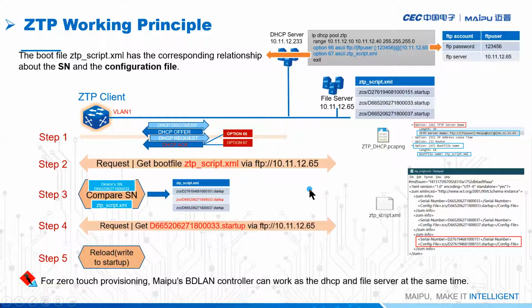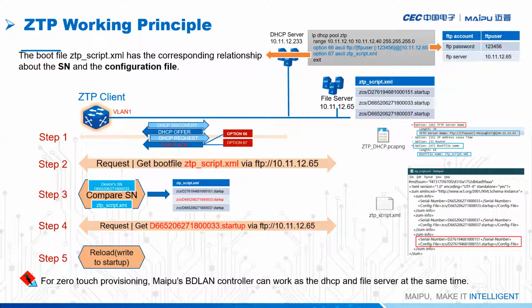Okay, and if the ZTP client wants to finish a complete ZTP process, it just needs 5 steps. Step 1: the ZTP client will use the interface VLAN 1 to run a complete DHCP process. After that, the interface VLAN 1 of the ZTP client will get the IP. Meanwhile, the DHCP ACK packet will carry two options: option 66 and